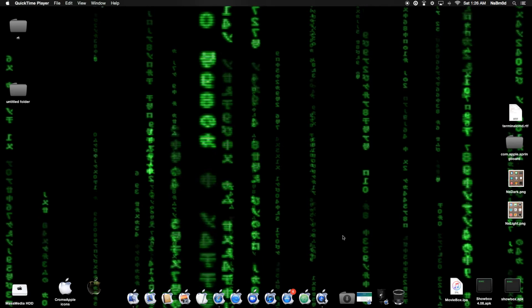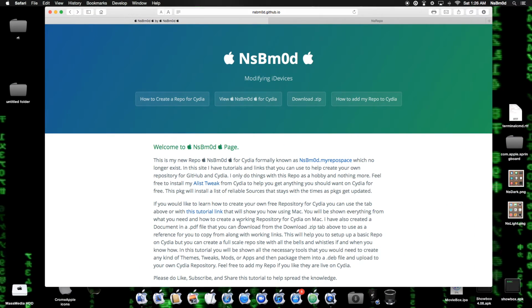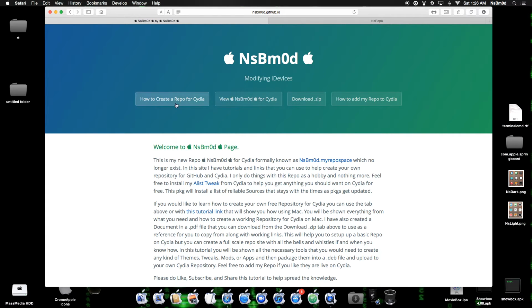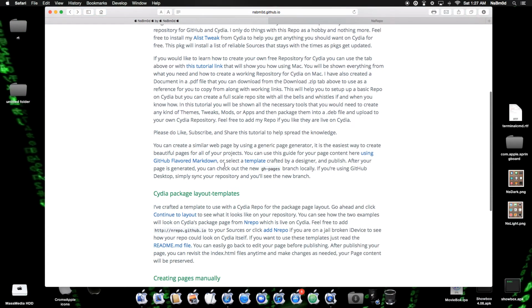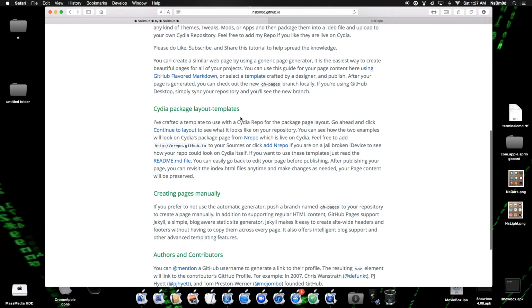Today I'm going to show you how to create a packages page on Cydia. So if you don't know how to create a repository for Cydia, you can watch this video right here. And today we're going to go through and make a package page